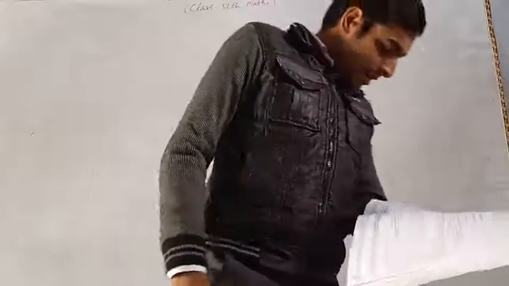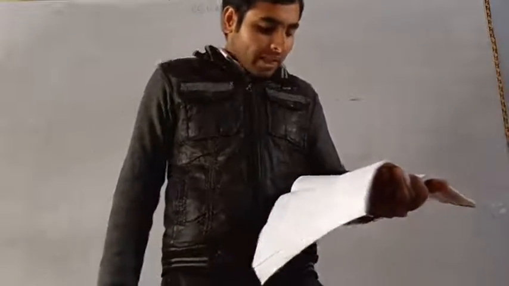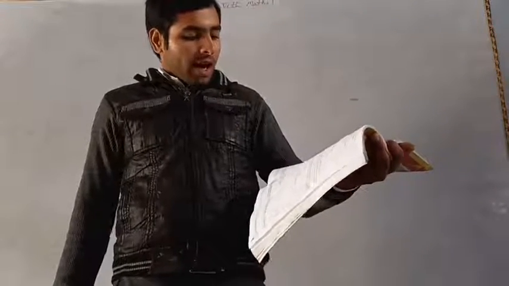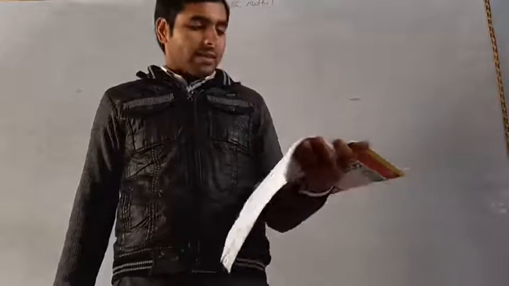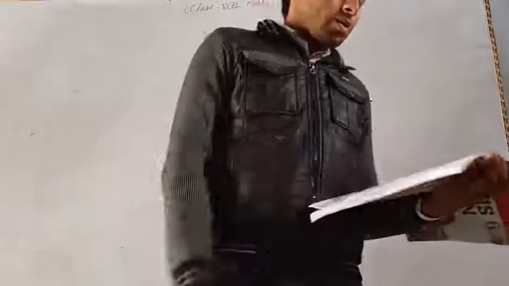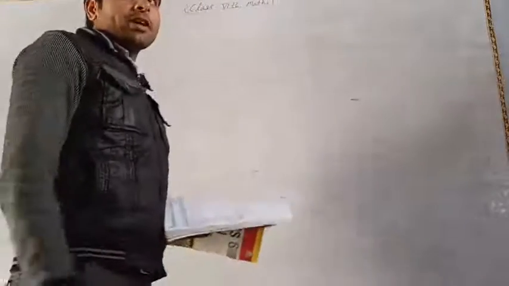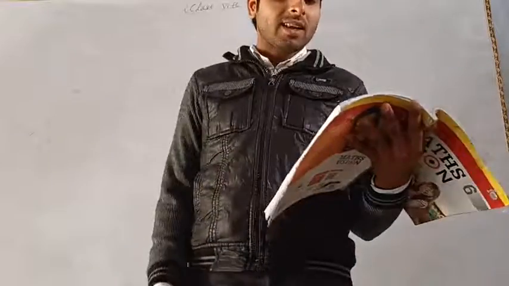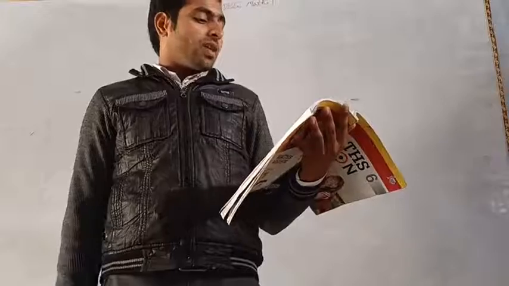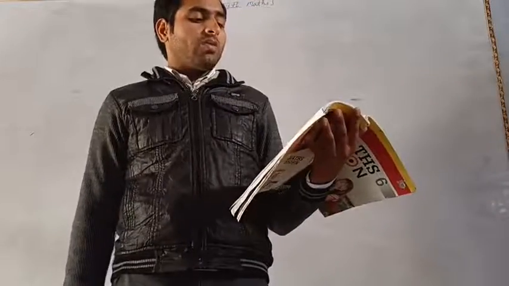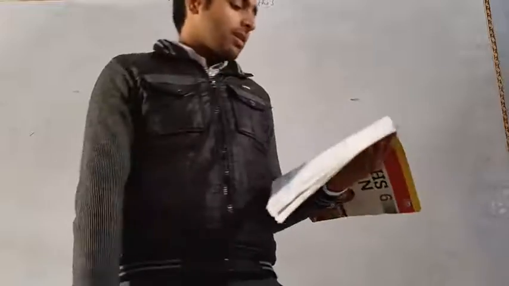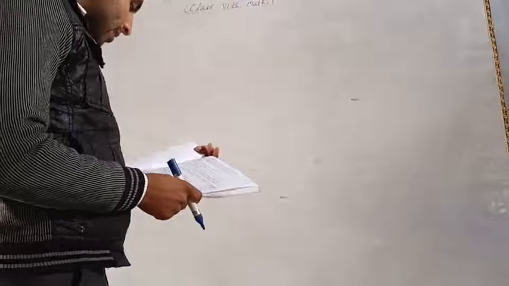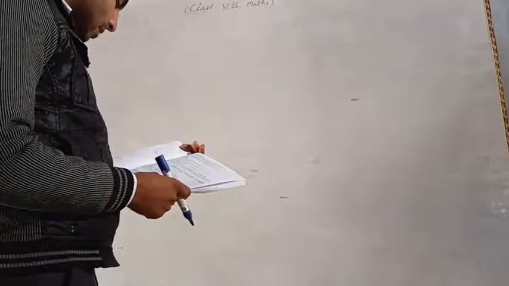The interior of the quadrilateral is the part of the plane lying inside the boundary of the quadrilateral. In the figure, P, Q and R lie in the interior of the quadrilateral ABCD. The points lying outside the quadrilateral are called the exterior. The boundary of the quadrilateral ABCD itself is the boundary of the quadrilateral. In the figure, point E lies on the boundary. Now again we have opposite sides, adjacent sides and adjacent angles.